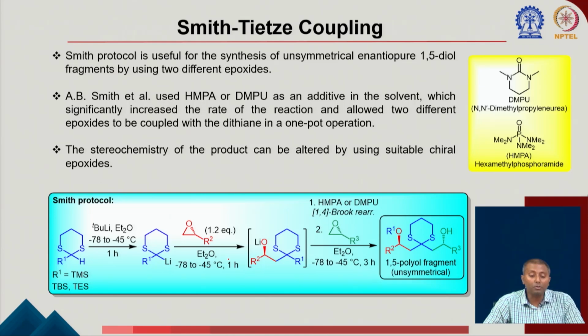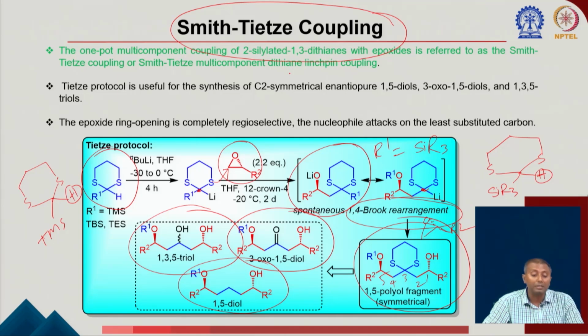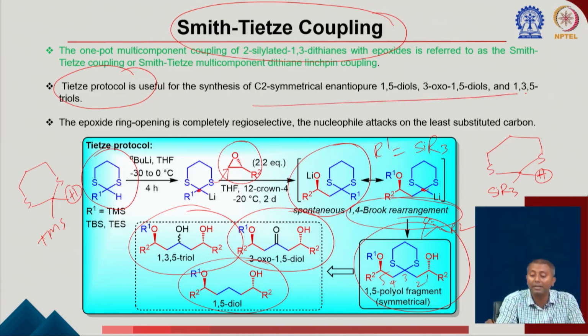So now we are talking about the Smith-Tietze protocol. The Smith protocol is a useful synthesis for unsymmetrical 1,5-diols using 2 different epoxides. Okay. So first, in the previous slide, if you see, this is the Tietze protocol. There, what they are doing, they are actually using a C2 symmetrical 1,5-diol, and here the same epoxide is actually reacting